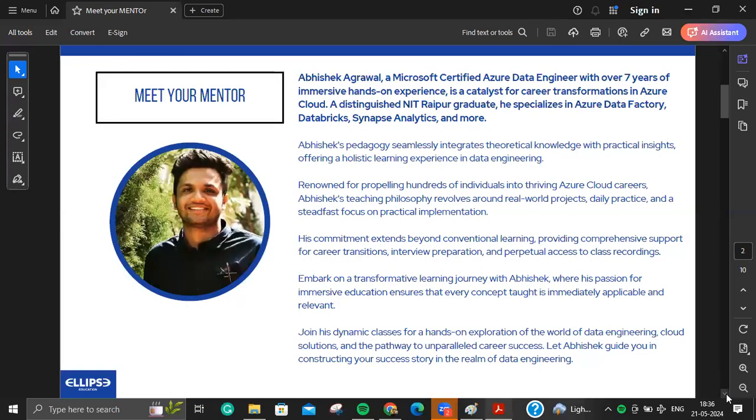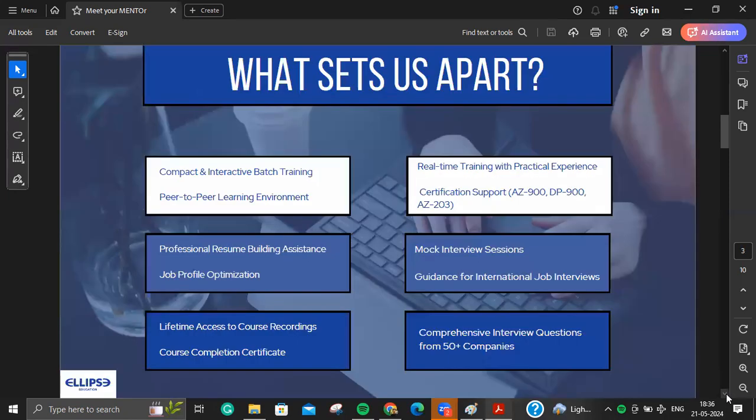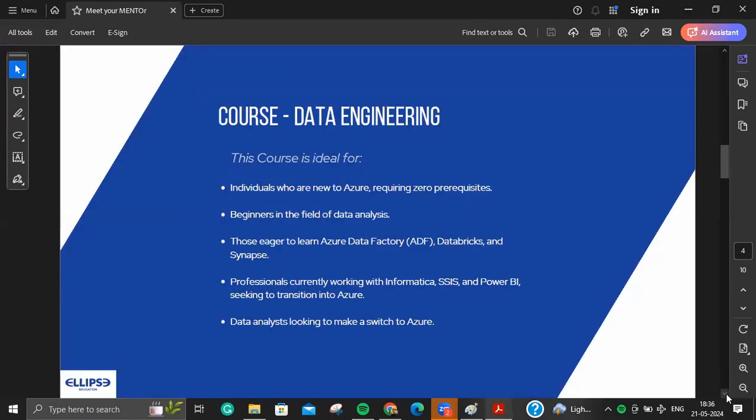First of all, I will introduce myself. I am Abhishek. I have a total of 8 years of experience in data science and data engineering, mostly in data engineering. I started my career as a data scientist, then I moved into data engineering completely. And currently I'm working in Aldi Sud as an Azure data engineer.